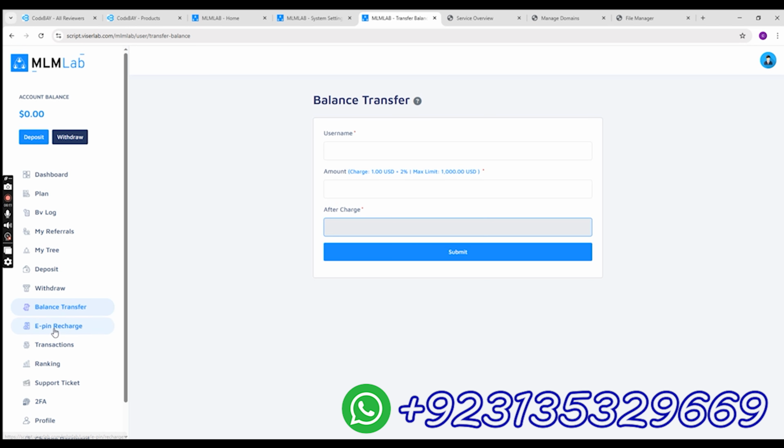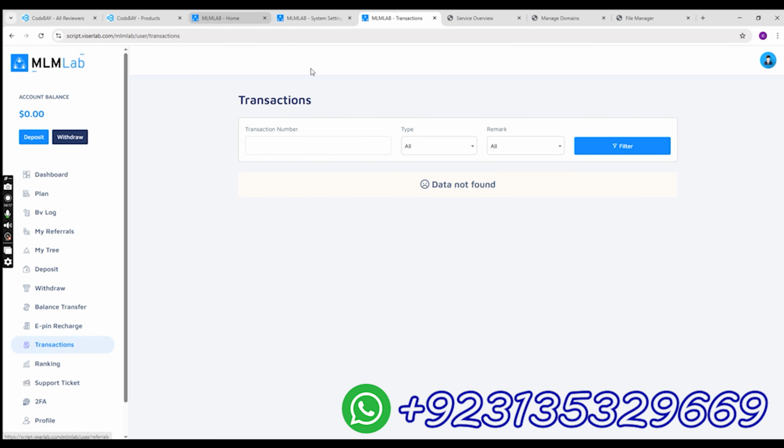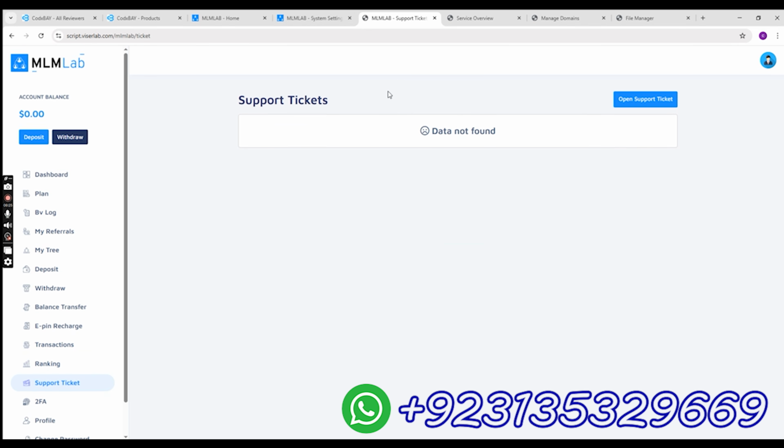Next, this website also features e-pins. Next is transactions, rankings. These are some ranking levels. Support tickets. Basically, a support ticket is like customer support. You can message the admin or support to get your answers, or if you are facing any trouble.